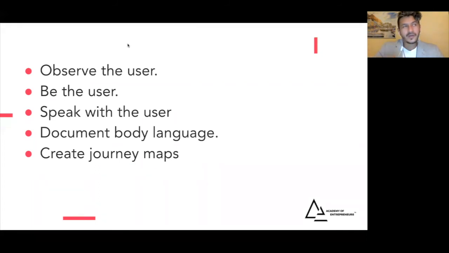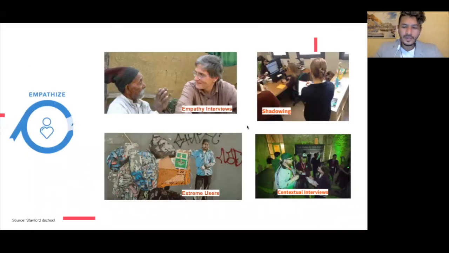So going back to the pillow example, step one, go to the supermarket. Step two, ask someone for help. Step three, start testing different pillows. Step four, maybe test the bed. All the touch points that the user has with that specific experience. Okay, so what are some of the tools?